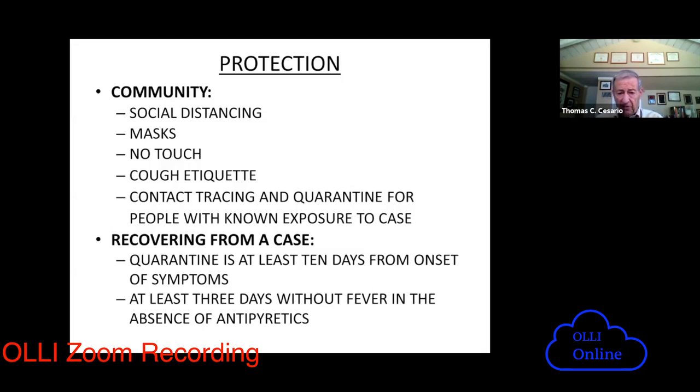to infect others. Now, once we know somebody's infected or we believe they've been exposed, we like to keep them away from anybody else to prevent others from getting infected. So that's what we call contact tracing. Anybody who's been exposed, we want them to quarantine so that they don't infect others before they become infectious. And that's the 14-day quarantine period. If a person does get infected, then we don't want them circulating until at least 10 days from the onset of symptoms and at least 3 days that they have been without fever in the absence of using drugs like aspirin. Next slide, please.